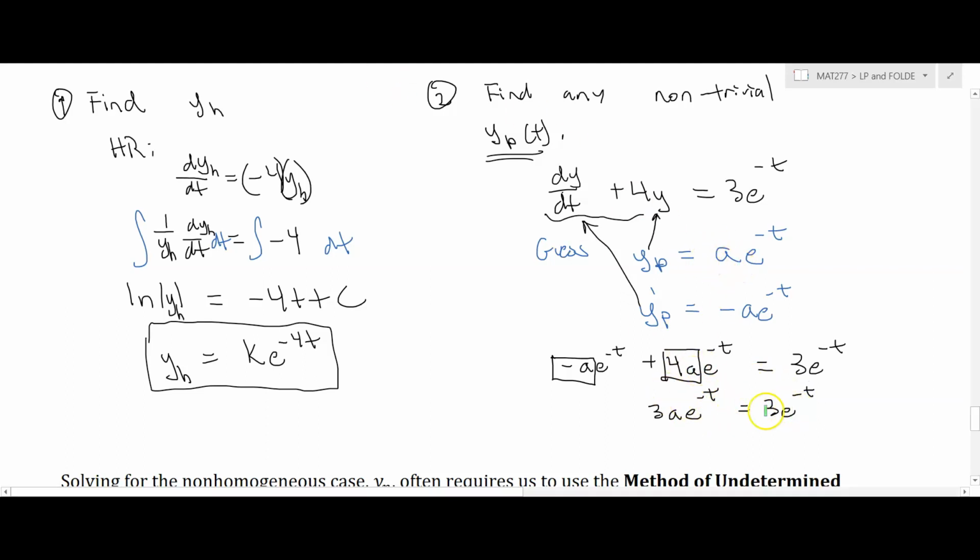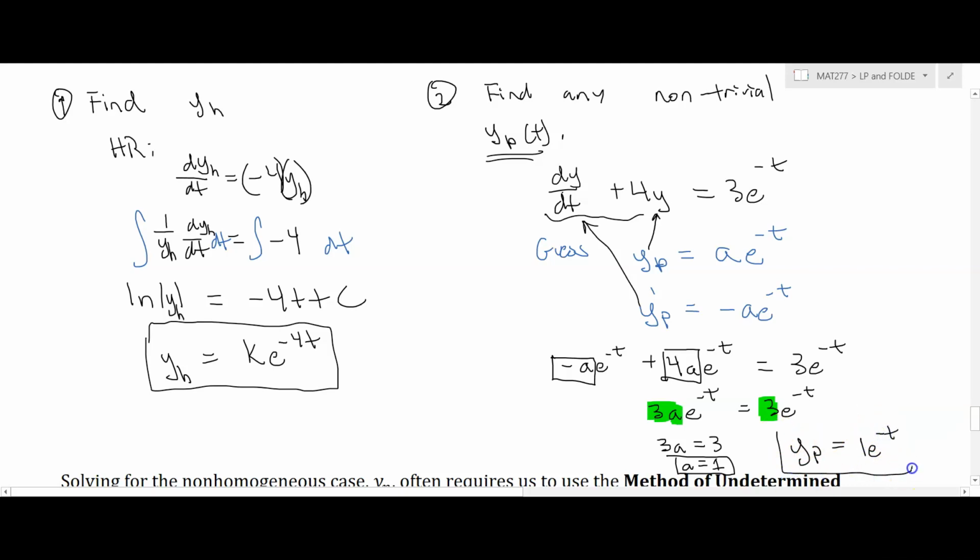And the only way for these two things to be equal to each other is for their coefficients to be the same, right? So the coefficient of the e to the negative t on the left is 3a. The coefficient of e to the negative t on the right is 3. So it must be the case that 3a equals 3, and that tells us that a is equal to 1. So y sub p, our particular solution that works for this, is going to be 1e to the negative